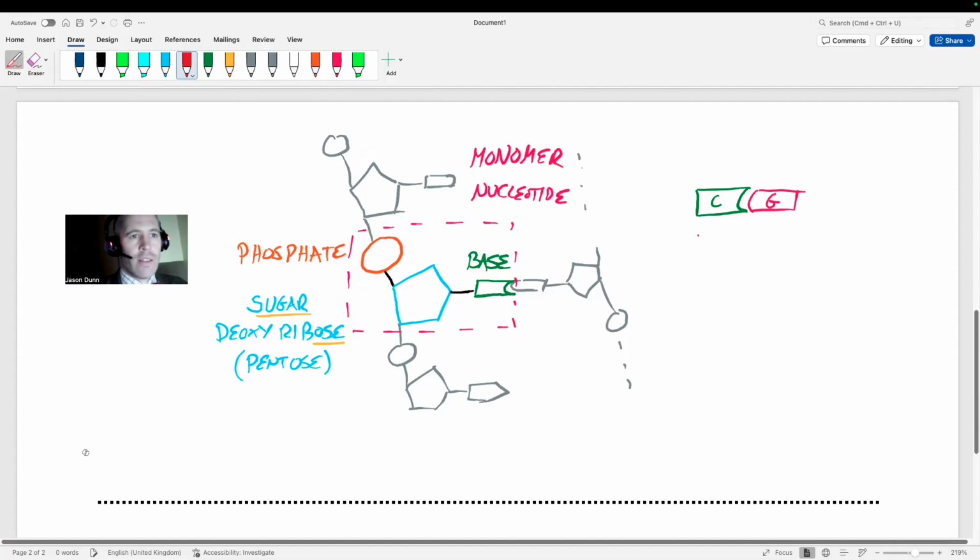And we also have another one, which is, let's call that one A, and then let's call this one T. Okay, so they're called cytosine, guanine, adenine, and thymine. C links to G, and A links to T. And these are the bases. So my nucleotide has a C base, but they can have G or A or T, but the one it's connected to has to therefore be G.